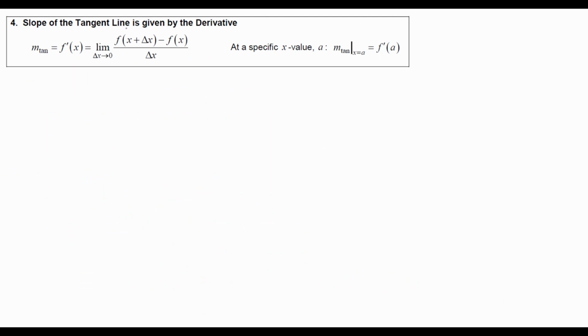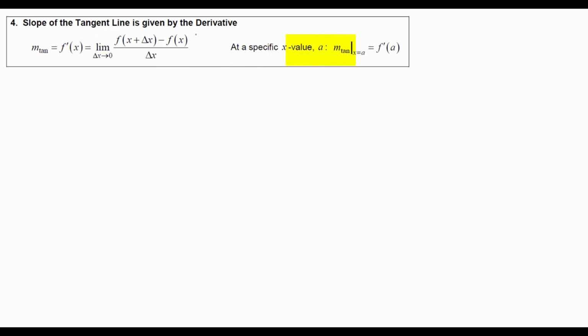Slope of the tangent line is given by the derivative. So we learned that the derivative function is a slope function. It will calculate the slope of a tangent line at any point, and it is written as a function. We call it f prime of x. So once you have that function, you can actually calculate the slope of a tangent line at any x point